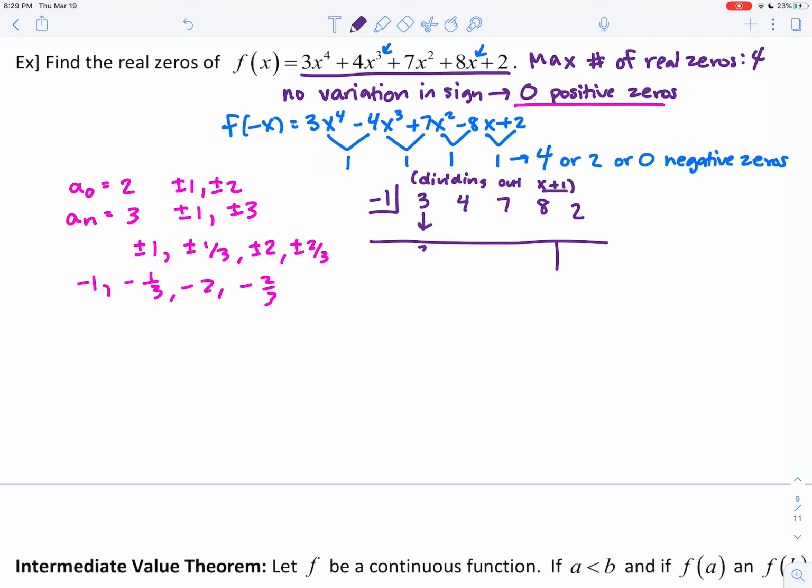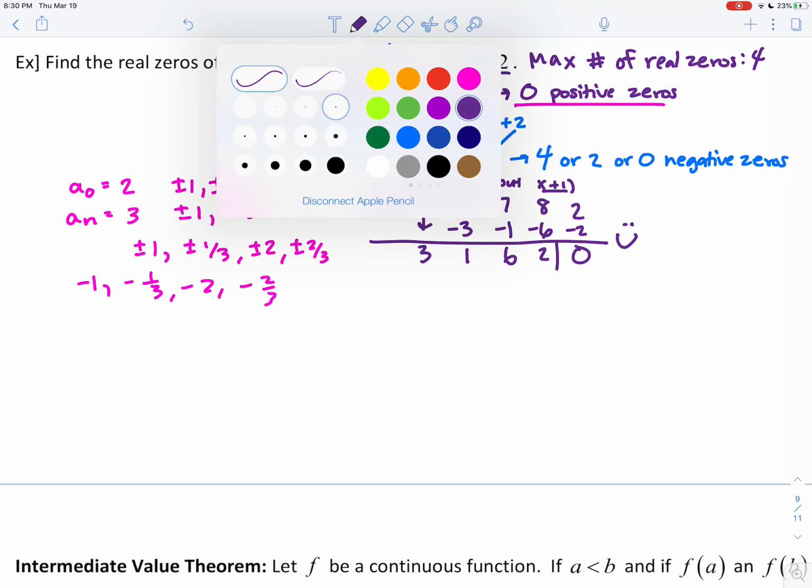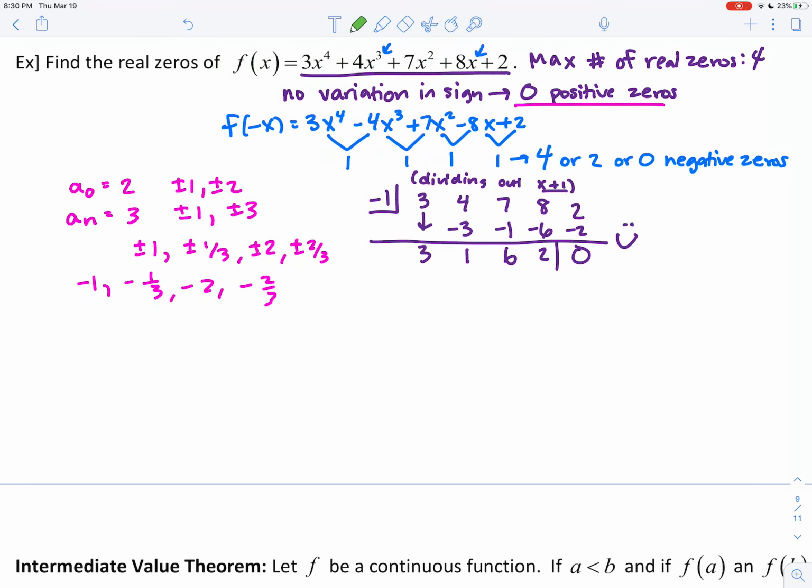So we bring down the 3, multiply by -1, add straight down, multiply by -1, add straight down, multiply by -1, add straight down, multiply by -1. Awesome. Okay, cool. So the first one worked. That's very good. We're happy with that. So what this means is not only is -1 a real 0, we've actually also factored the polynomial a bit. We can now rewrite the polynomial as